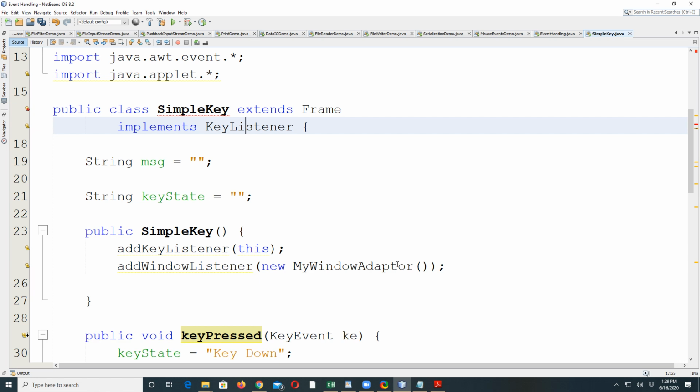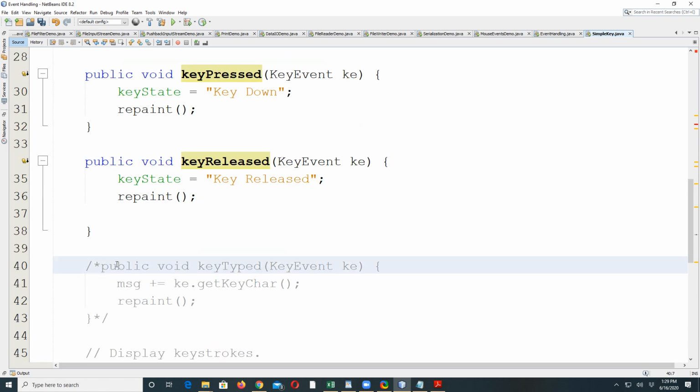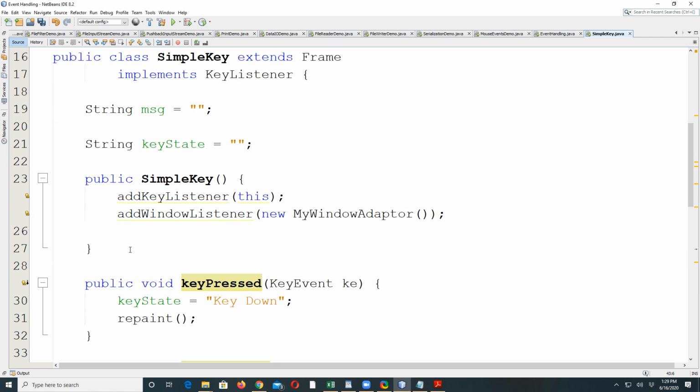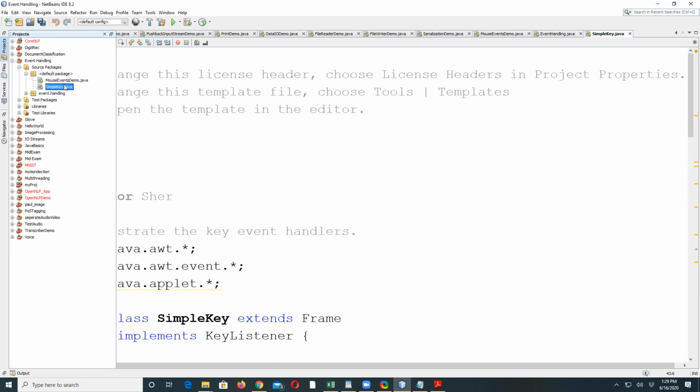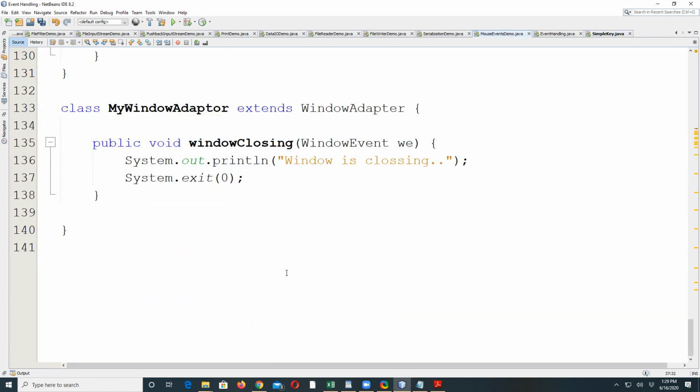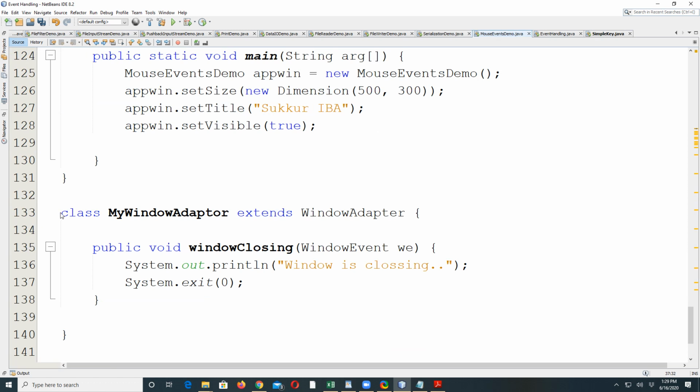Like I was using the adapter class of my window adapter. So in window listener there are many events, but because I was interested only in window closing, I override that method and I leave other methods unimplemented. Right, so you can see here in my previous example, I'm using this class from here. My window adapter extends from window adapter, and window adapter actually implements window listener.